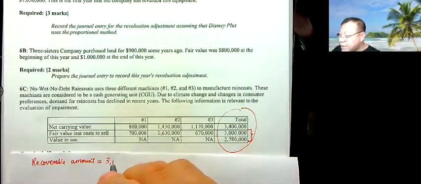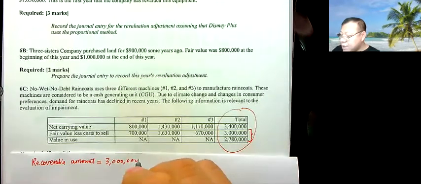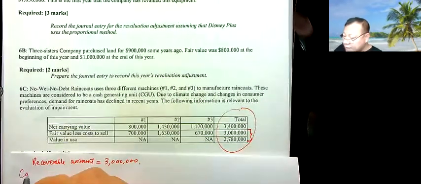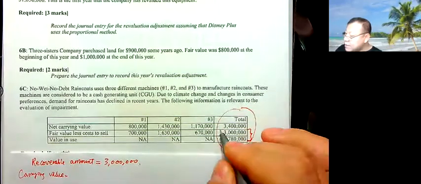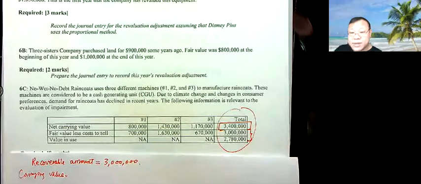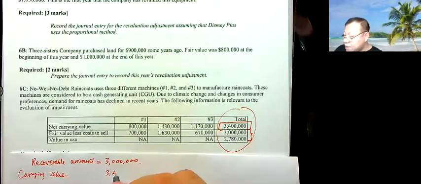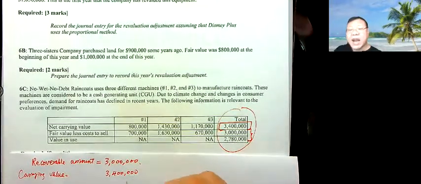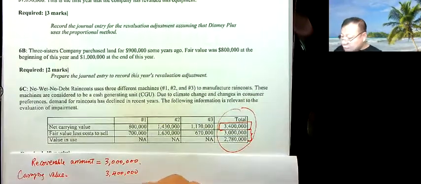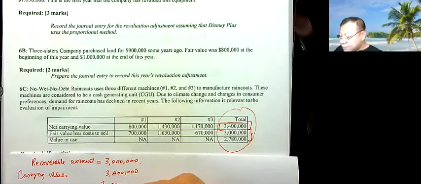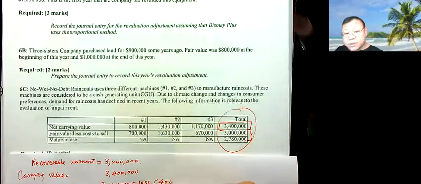So that's the higher, 3 million. And what's my carrying value? Carrying value is this, 3.4 million. So my carrying value is higher than the recoverable amount. I need to do an impairment loss recognition of 400,000,